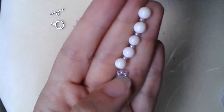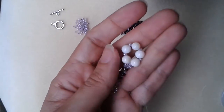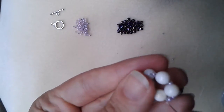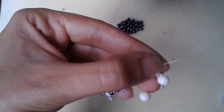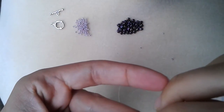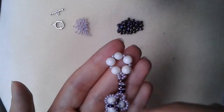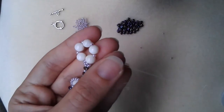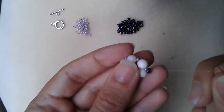And I will go in the opposite direction of where my thread is going out of, making a circular motion. And in result, I will have this. So I will go around at least 2 times, and I will reinforce my second circle here. So now I reinforced it and I'm going out of here, and I will do what I did with my last flower, but I will repeat it 5 times, not 3 times, because here I have 5 petals of my